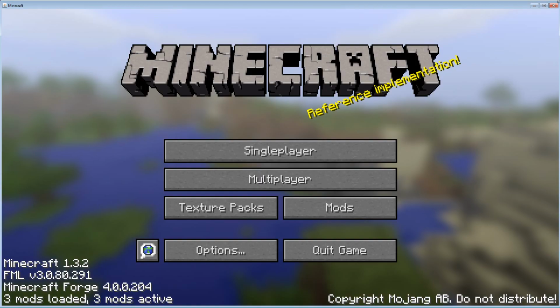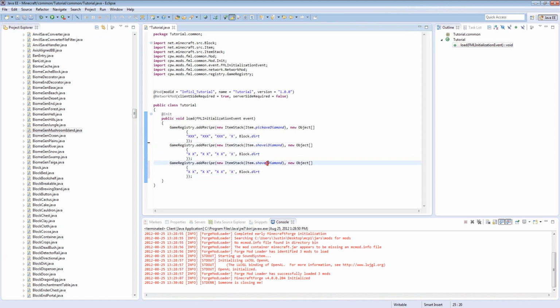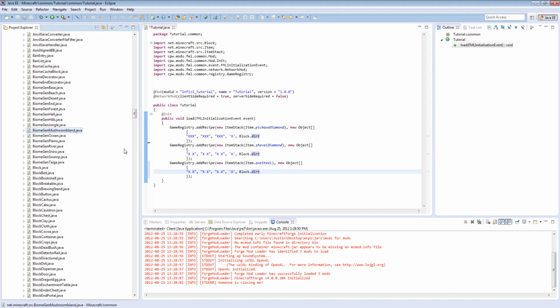So now we have to make a different design for the diamond shovel, or diamond axe. So let's go ahead. I'm just going to copy this and paste it because it works the exact same way. Paste it there. And then we're going to change the shovel diamond to axe diamond. And to change this from diamond, all you have to do is put whatever you want in there. So we'll make a steel axe. And then